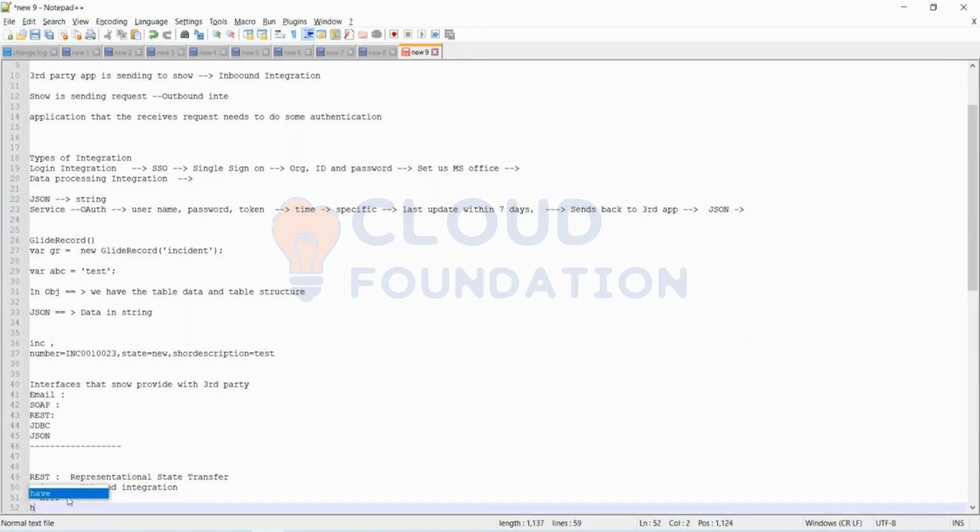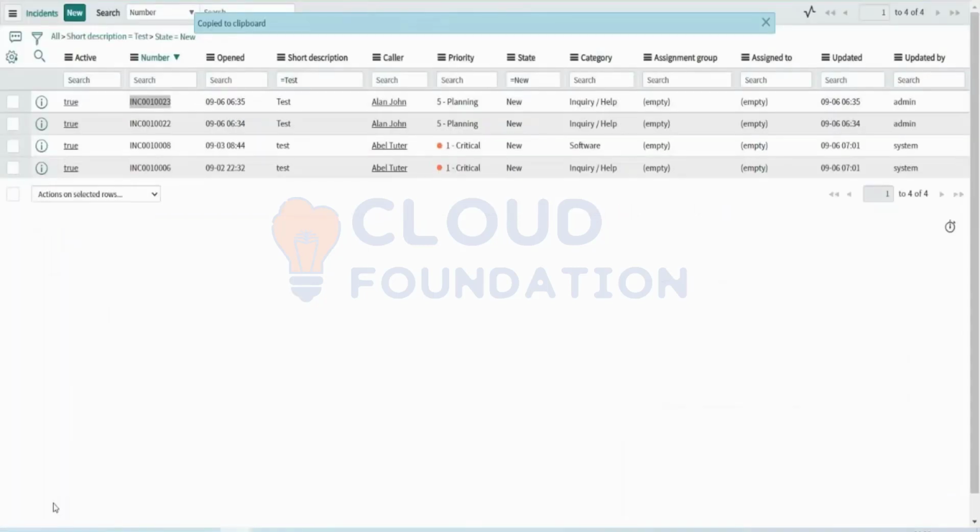HTTPS stands for Hypertext Transfer Protocol Secure. The S stands for security, so it's more secure. So ServiceNow REST is a web-based integration.